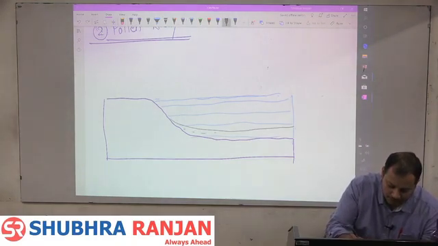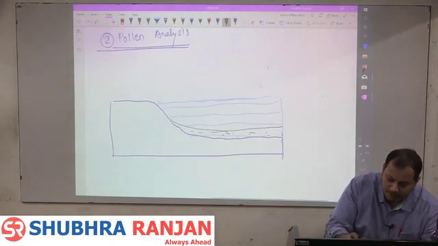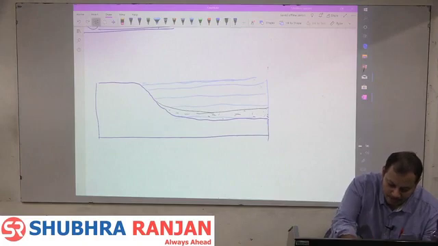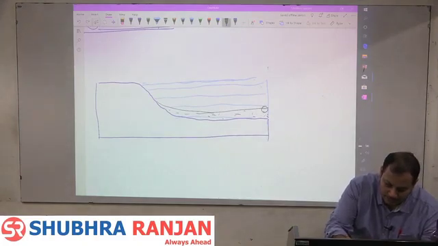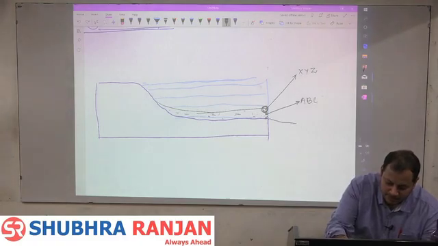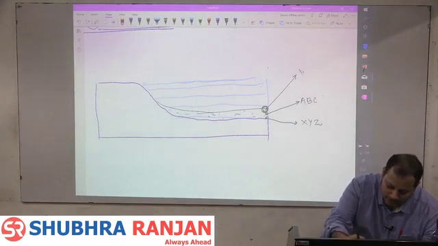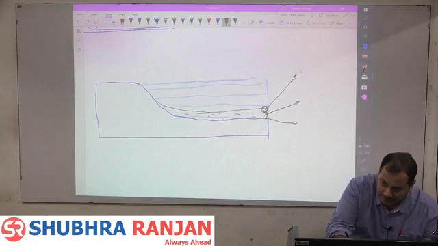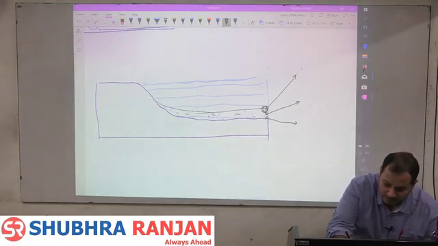Suppose this is the bottom of a lake. Getting it? This is the mud. Pollen grains will survive here, and based on this, understand this, if I get XYZ tree from here, if I get ABC tree from here, if I get some other XYZ tree from here, or I'll take an example here, from here if I get the lake, say pipal,